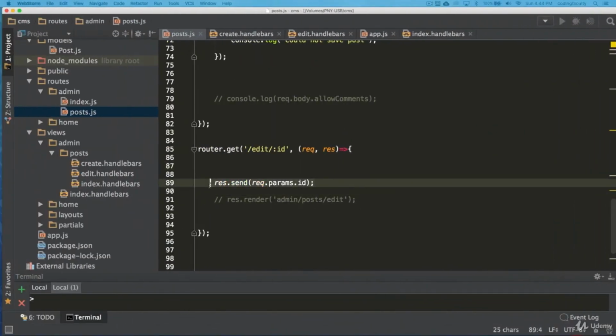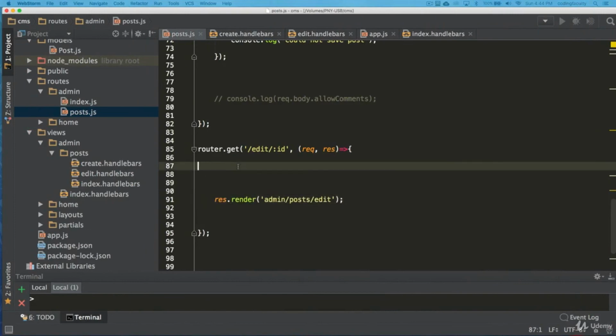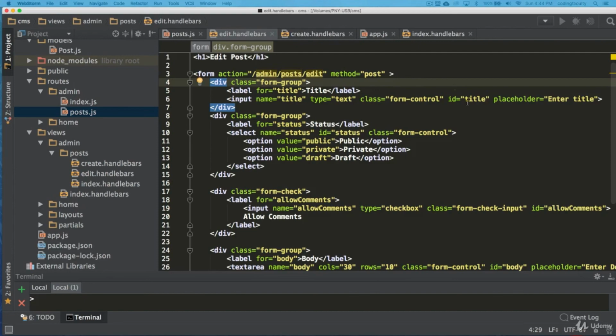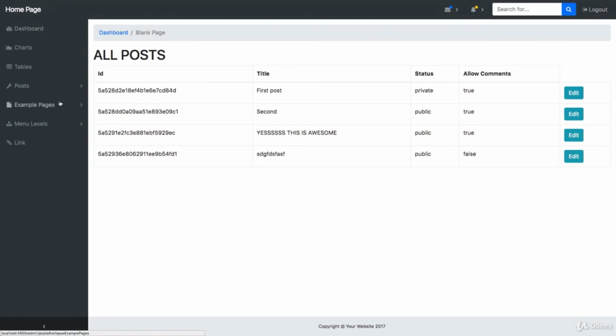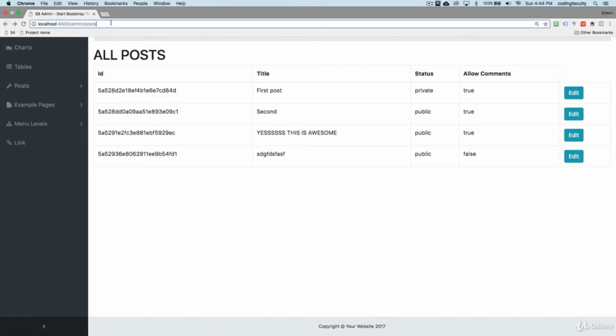So what we're going to be doing in the next lecture is making a request here using Mongoose, our ODM, to our database, getting that with the ID and pulling that specific post out and passing it to the render function here. That way in our edit, we can pull those values out and show them in the inputs. Oh, we're not showing it yet because we need to make sure that it comes with an ID or something. But that's what we're going to be doing in the next lecture.